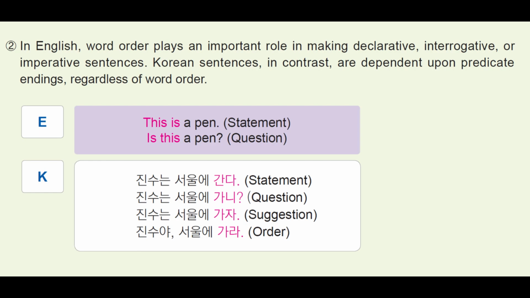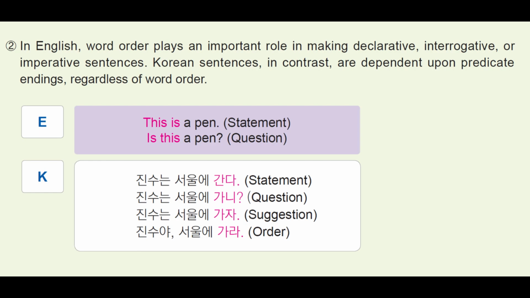Instead, the changes which make sentences questions and so on fit on the verb at the end, but the verb stays right where it is. English, this is a pen. Statement. Is this a pen? Question. Korean,